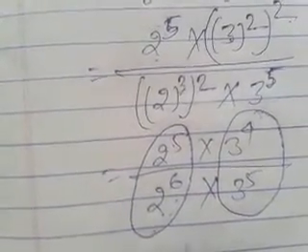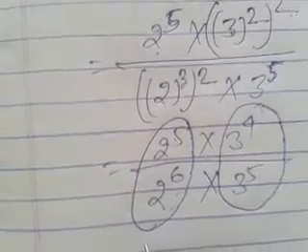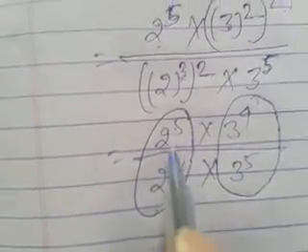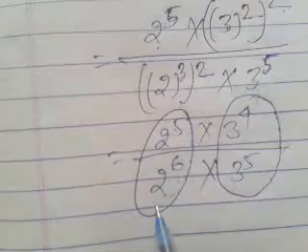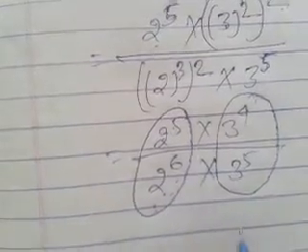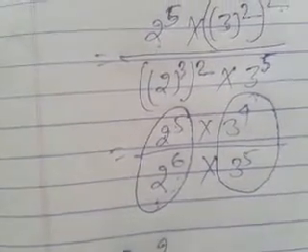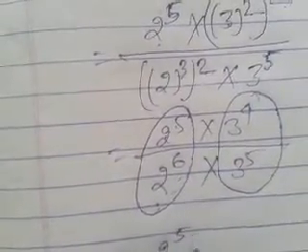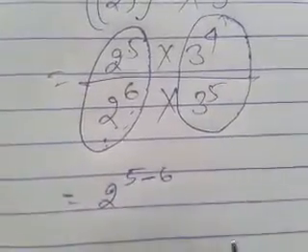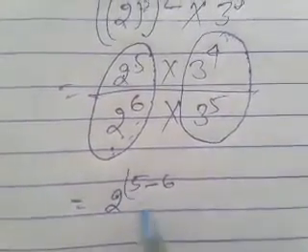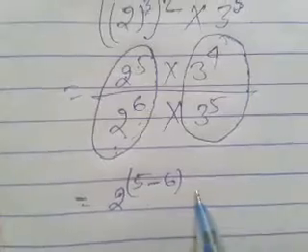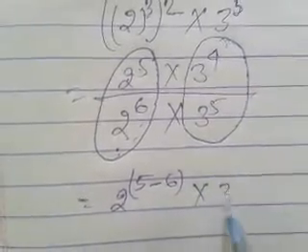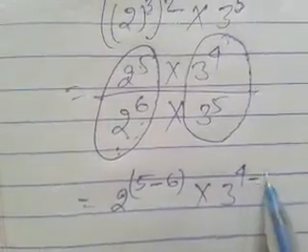So according to law of exponent, we can write, if the base is same and the terms are in division, so we can write power will be subtracted in this case. So we can write 5 minus 6 multiply with 3 raised to the power 4 minus 5,